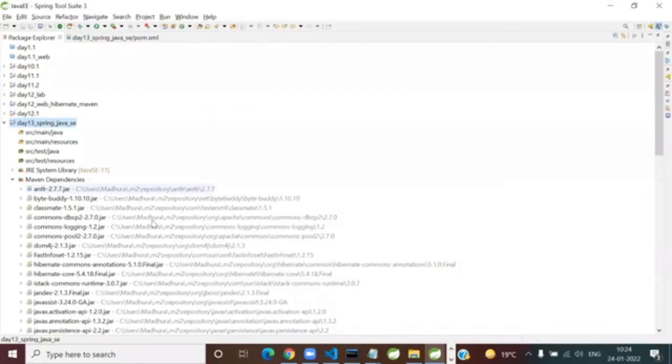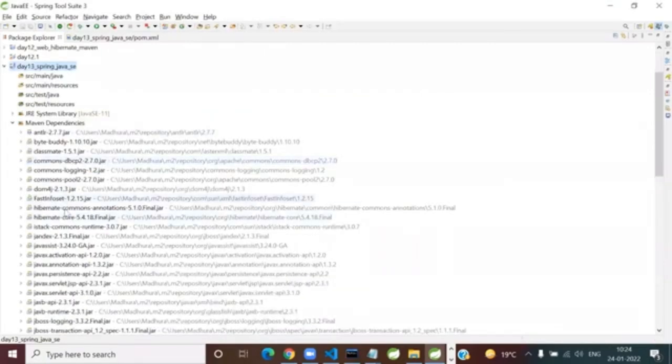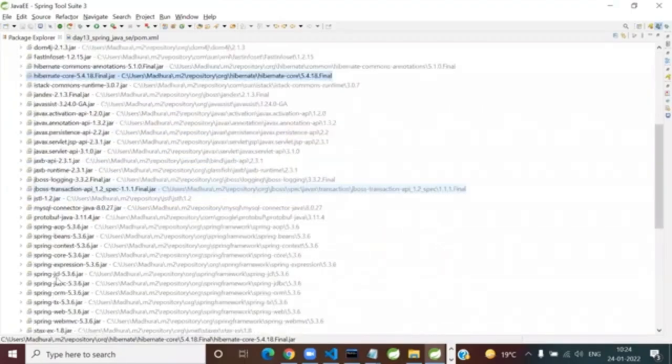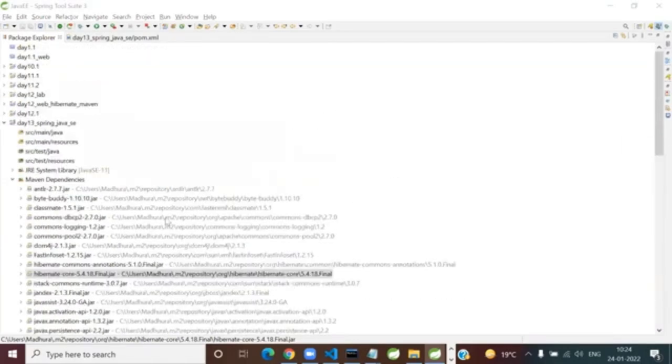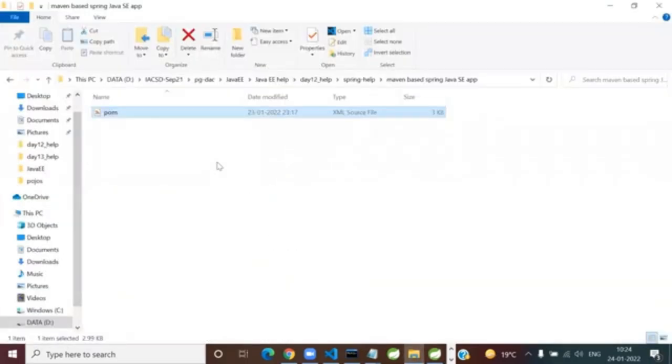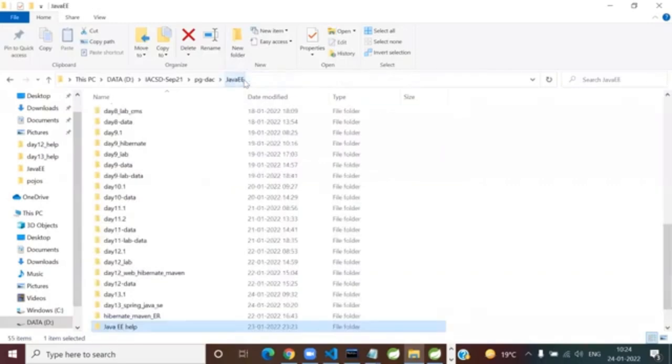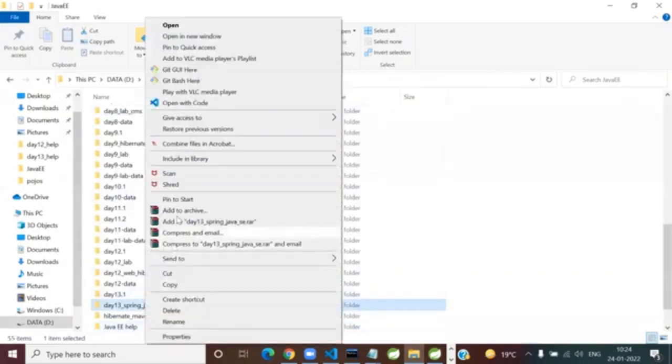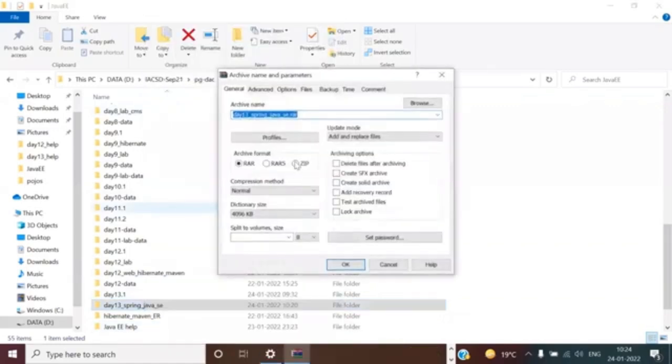I told you what you should expect. So Hibernate related dependencies such as Hibernate core and all were already downloaded. I said Spring dependencies and their internal dependencies should start getting downloaded. So that is more than sufficient. You want this project also, just in case, I'll give you this also. So in case your standalone project creation is not working, take this and import it. That is also the same. Your dependency downloading will have to happen anyhow.